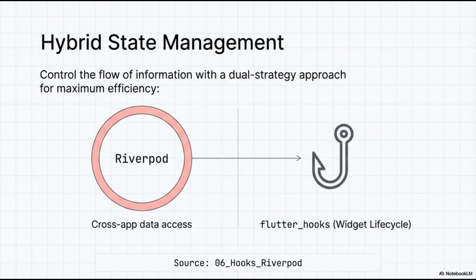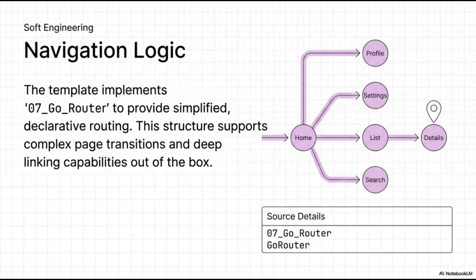Our navigation logic utilizes the 07 Go router template to implement simplified, declarative routing across the application. This architectural choice is specifically designed to support complex page transitions and provides deep linking capabilities right out of the box. Looking at the structural diagram, the home page acts as the primary hub, directing traffic to the profile,